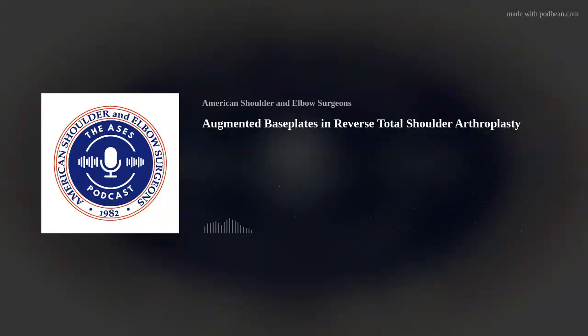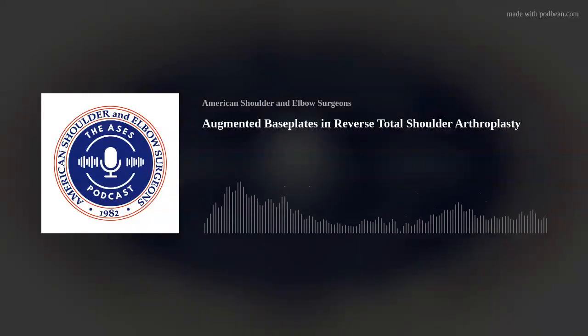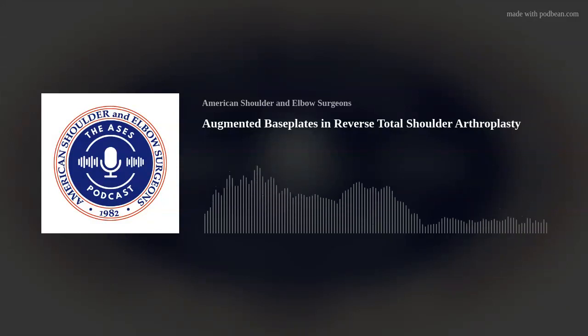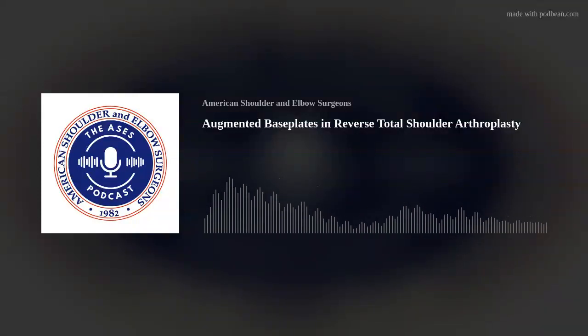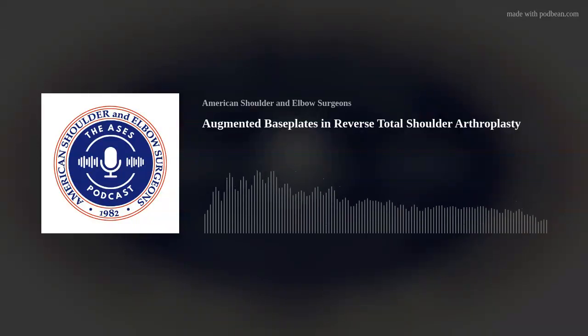patient population. So just to be clear, Brian, we're dealing with a patient who's had an arthroplasty. It's a hemiarthroplasty, and we're converting them to potentially a reverse. Is that right? That's right. And they've had erosive changes in their glenoid that are pretty significant, and most of the off-the-shelf components are probably going to be suboptimal for some of the defects here.